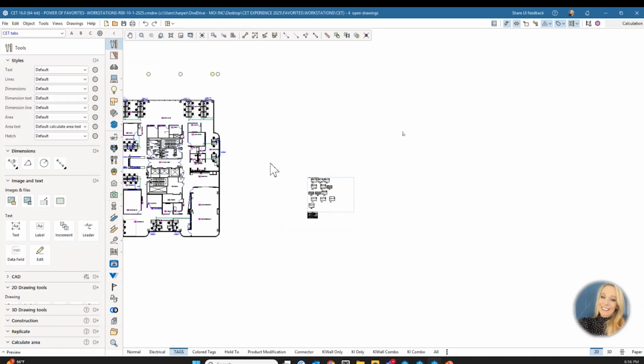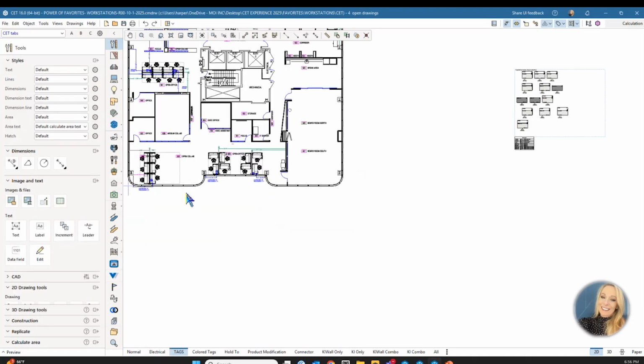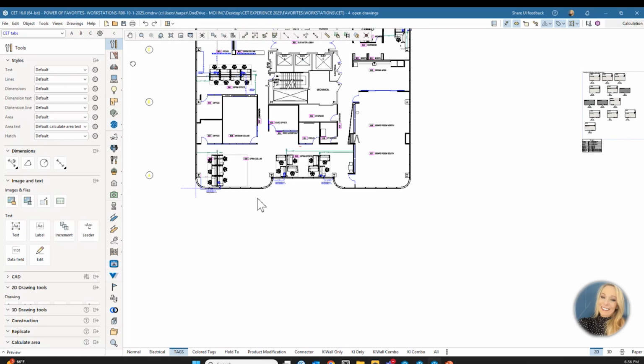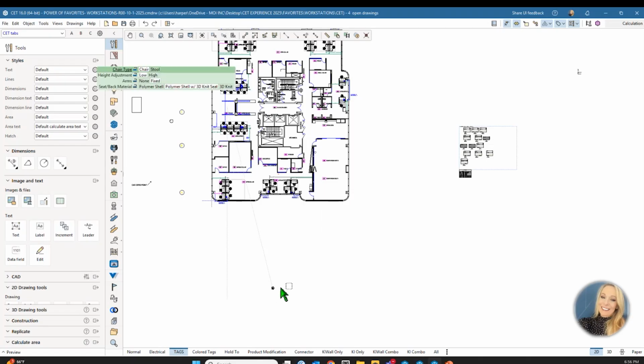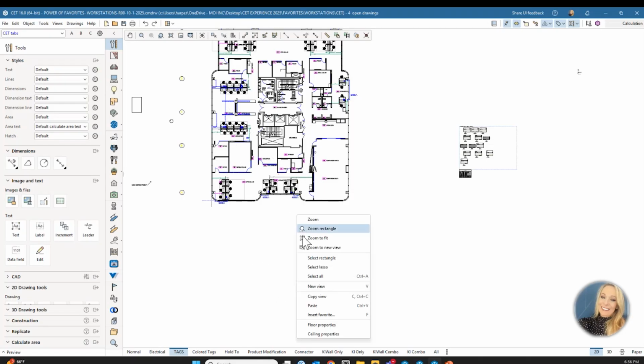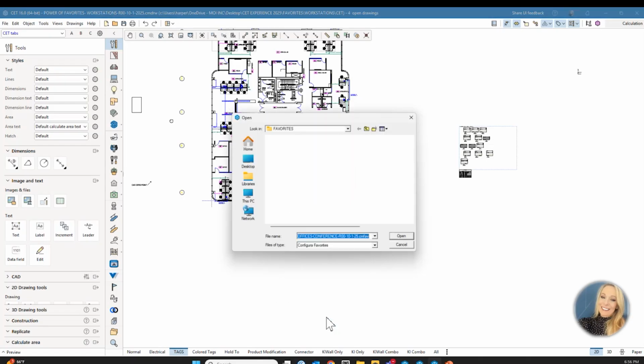I am going to open up my workstations. So let's say I'm working on workstations. And I said, you know what? Everyone else has their work done, and you all are like, you know what? Here, do you want to just put our favorites in there now? So you again right click and go to insert